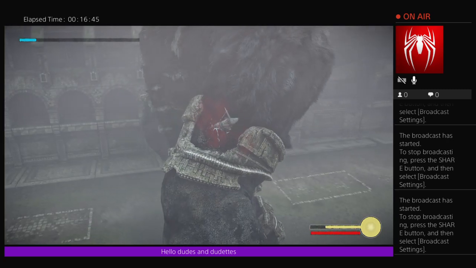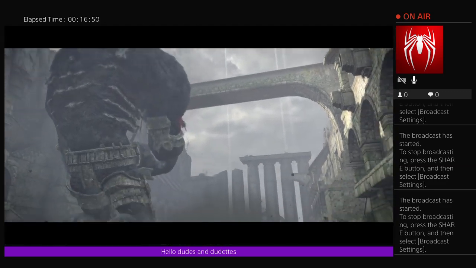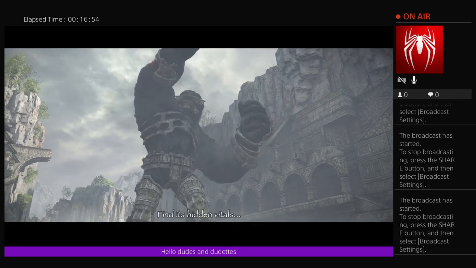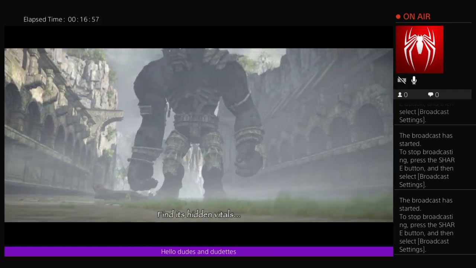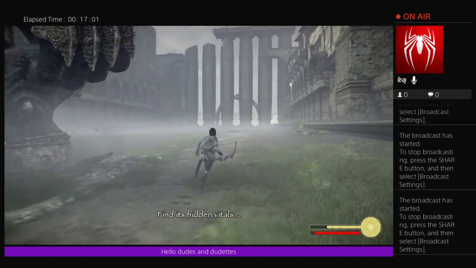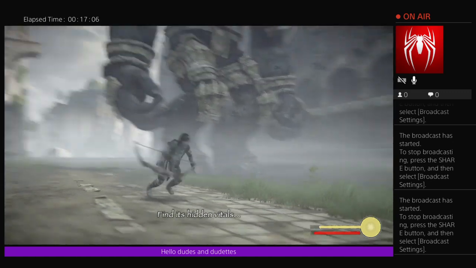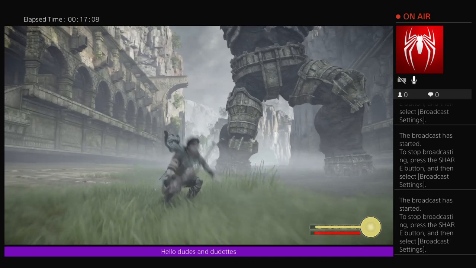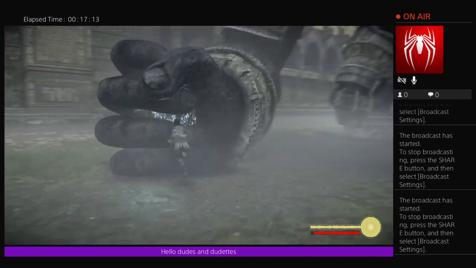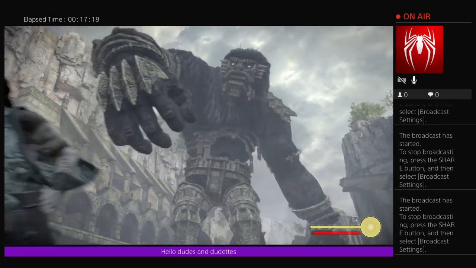Probably need to hit it a couple times, actually. That will make him drop his sword, and he'll fling us off. I'm going to switch to my bow just in case. He is actually going to slam his hand there, and then I'm going to try to climb up onto it. Oh, jeez. Really? You extend your fingers right as I'm about to...